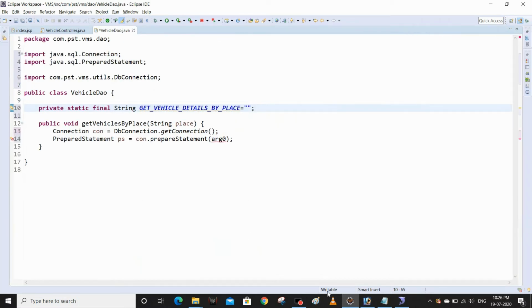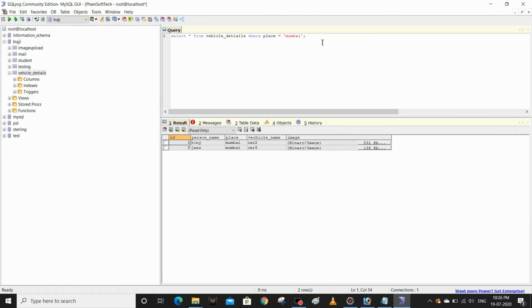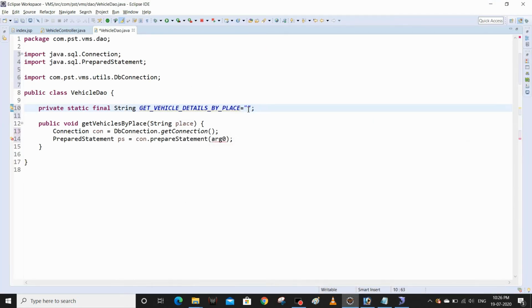So what is the query now? Just take it from here. A single query itself is enough; you can get all the data here. Control C, put it here, and this is the dynamic value, so I'm going to give a question mark. Okay, that's fine.